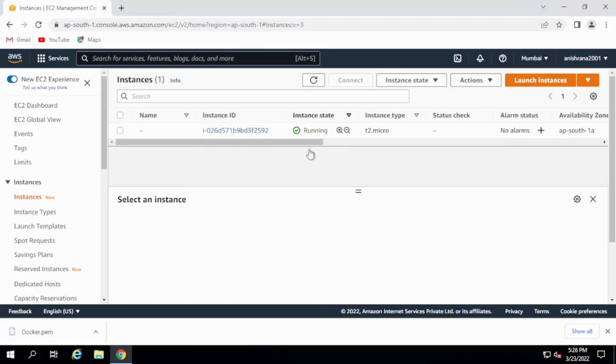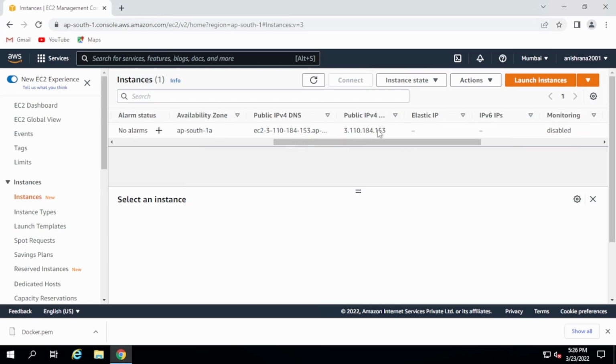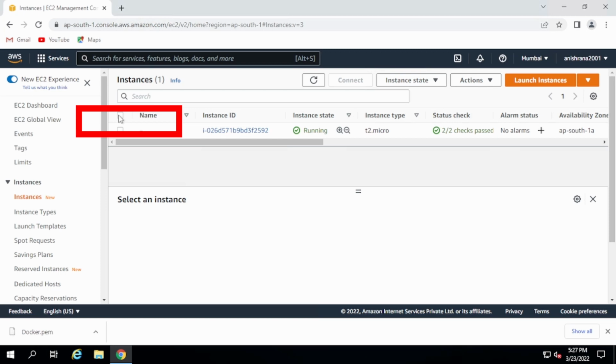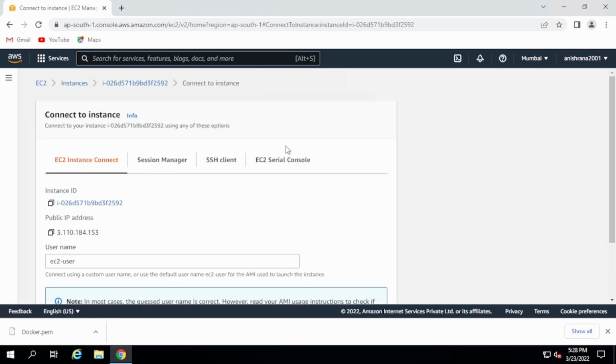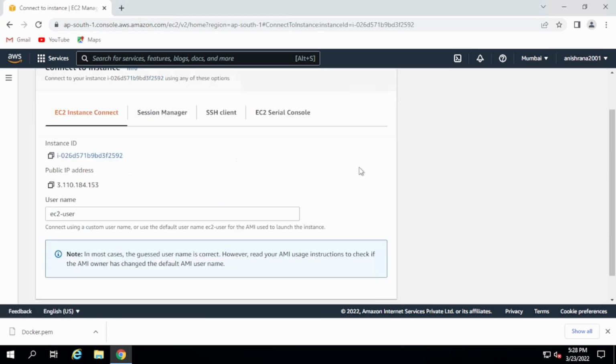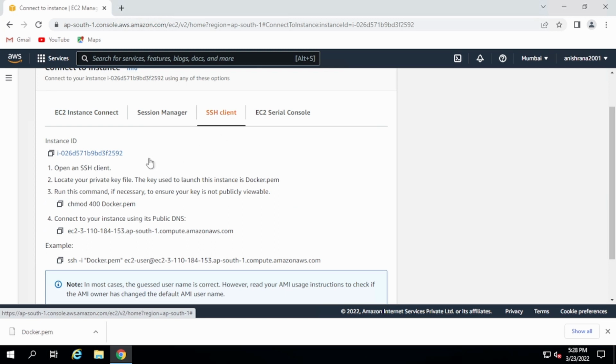See here the instance is running and it is also getting the IP address. So how to access this? So now it is saying that the VM is up and running and we can connect. And AWS is telling you how you can access it, and the username is ec2-user, and you can use an SSH client. To do SSH, I need to install PuTTY, and